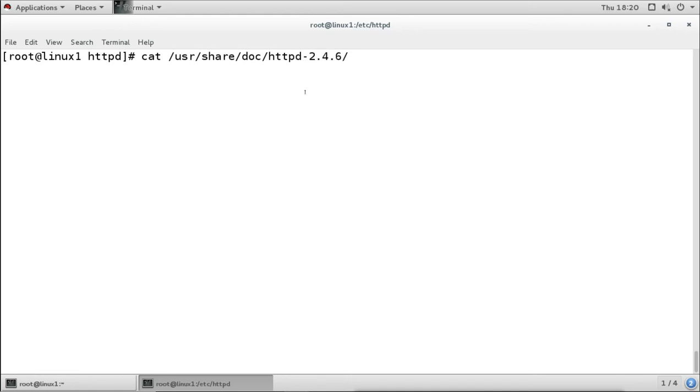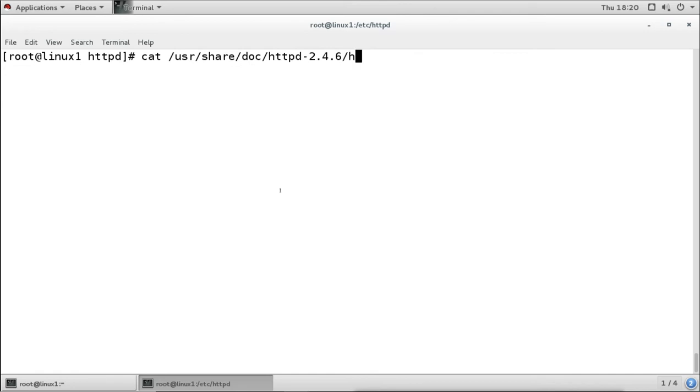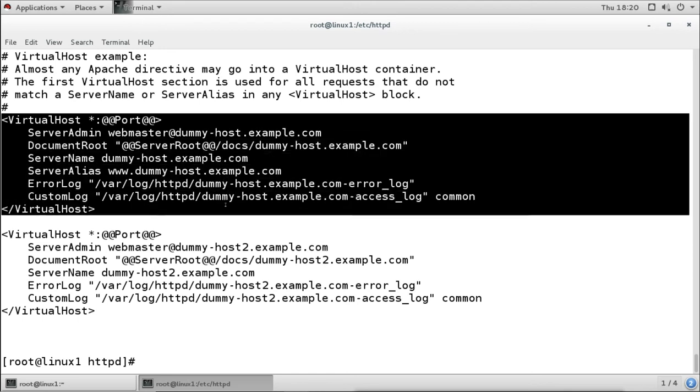Under that we have this sample file, vhost.conf, and this is the sample file where we have the whole syntax. So if we want to create a virtual host site, the syntax should be like this.